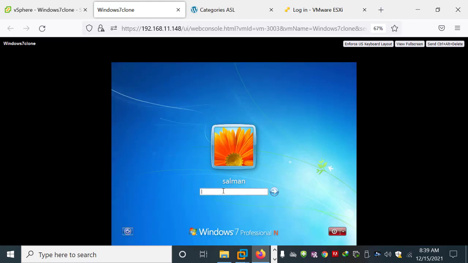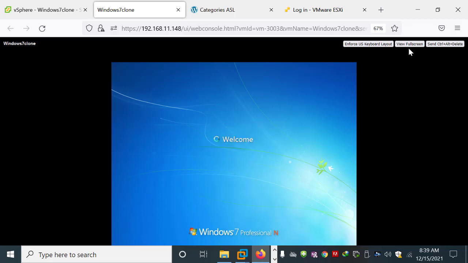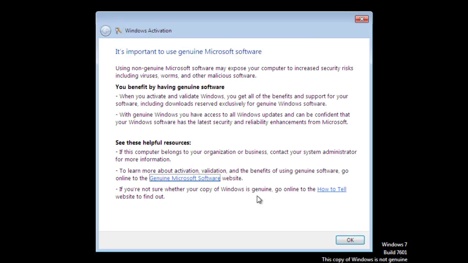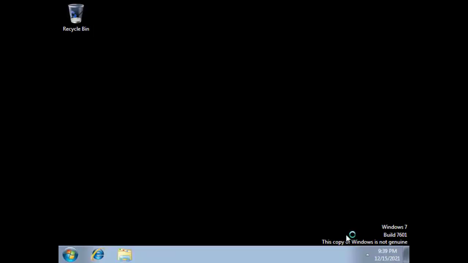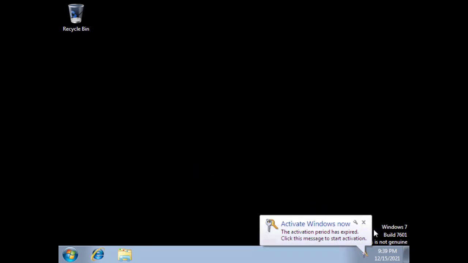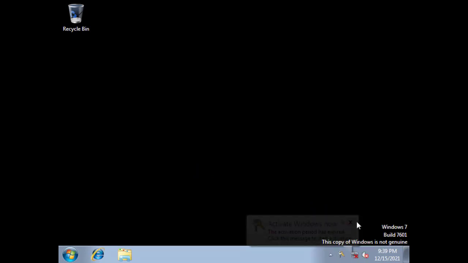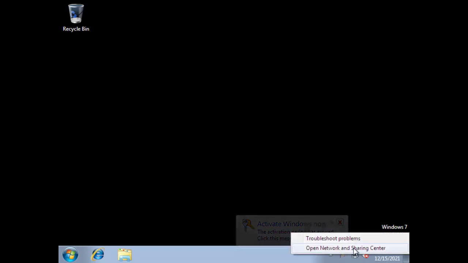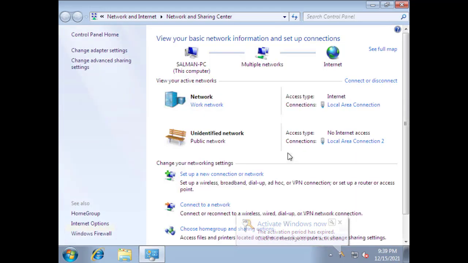So I enter my password here. I open my network settings, open Network and Sharing Center, change the adapter settings.